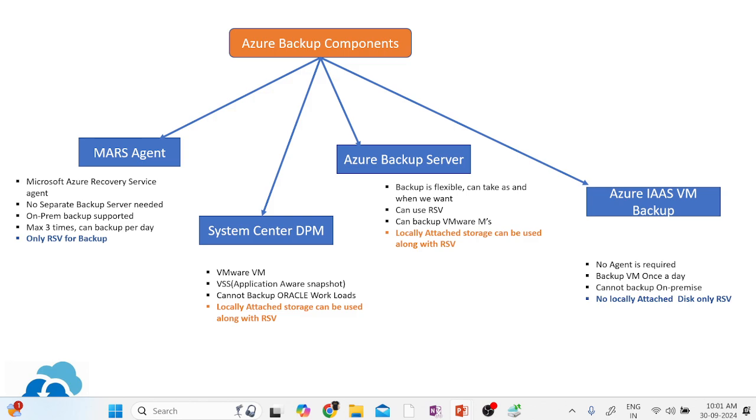Okay. Then the System Center DPM is there. It's a VMware based virtual machine. You can just install one server and configure it as a DPM, and you can back up your VMware estates and all. You can even have a locally attached server along with the recovery service vault, if you want to